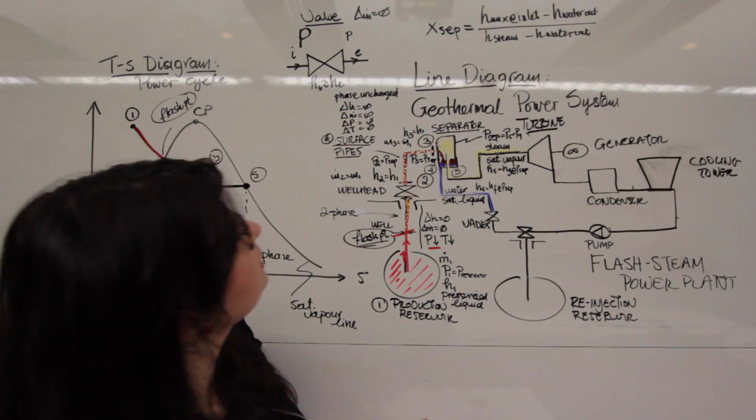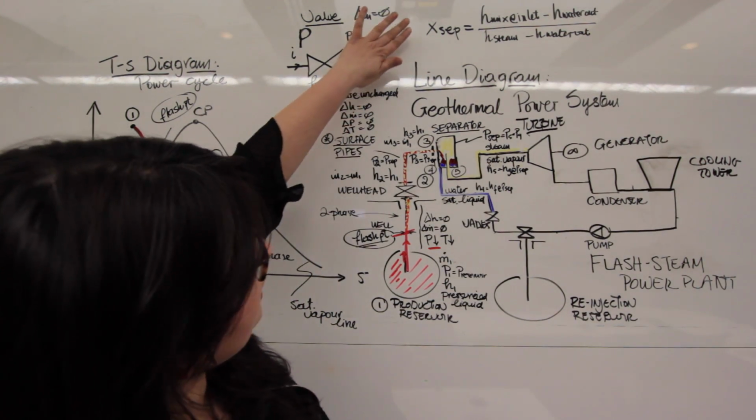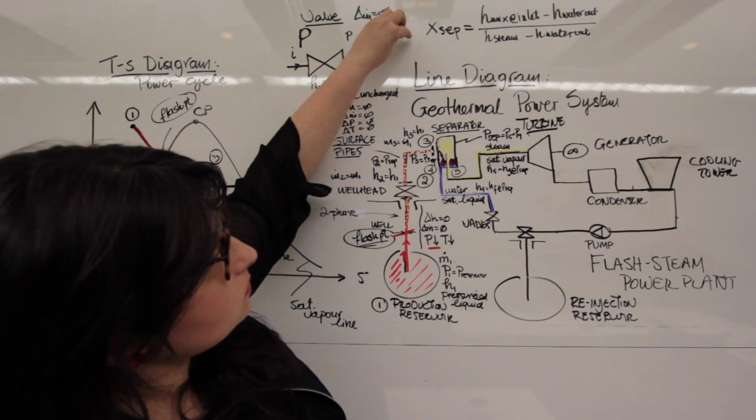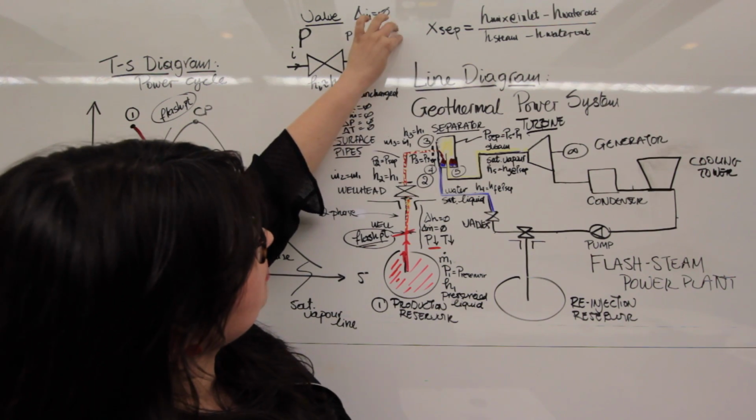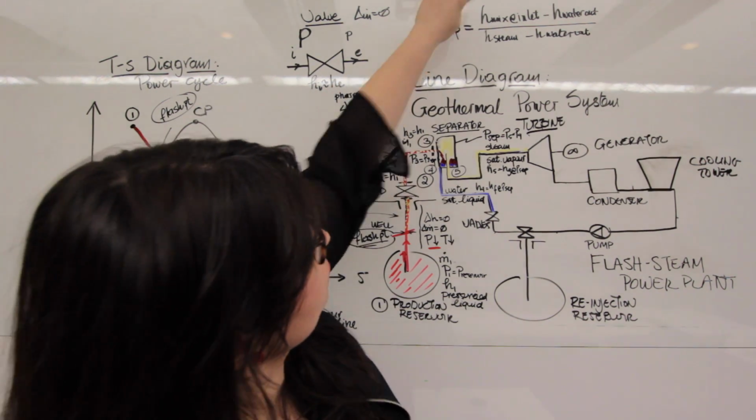Can we do that? Let's take a look. I'm not actually going to use values for this because you guys have done it already, but I will indicate what each of these correspond to